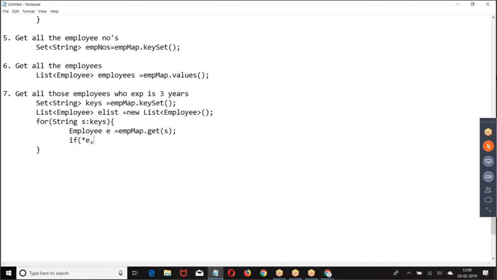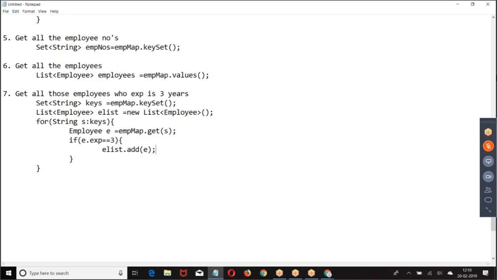Then if e.experience is greater than, then you are supposed to put them in a separate list. List.add. I hope you are good with this. Have people followed the requirements?